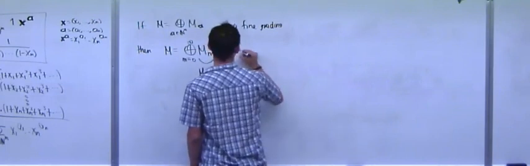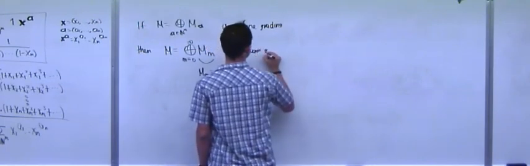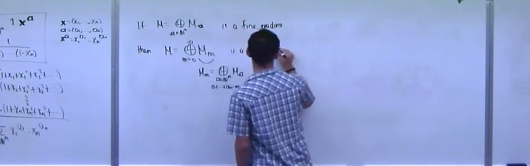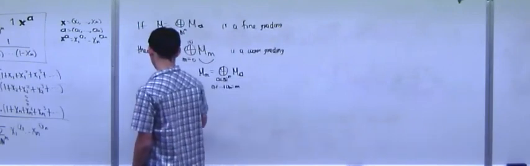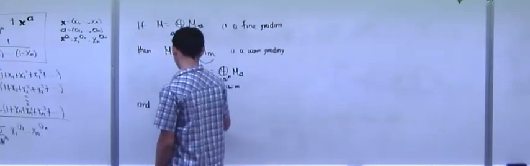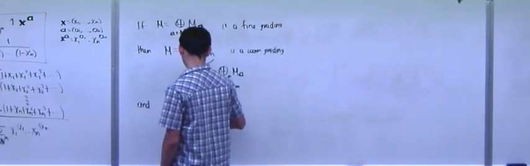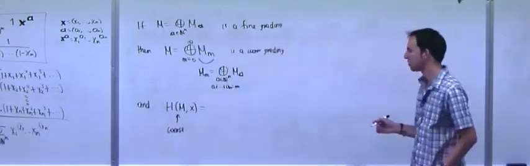Then this is a coarse grading. Okay. And it is a fact that if I want this, which the letter I'm using here is not bold, so that I mean that this is the coarse Hilbert series where I only pay attention to degree. So this is coarse. Then all I have to do is take